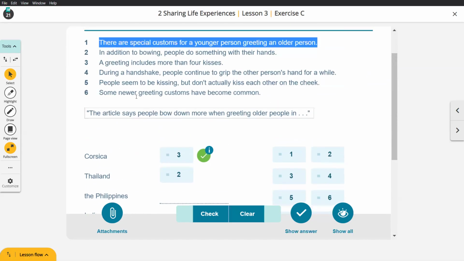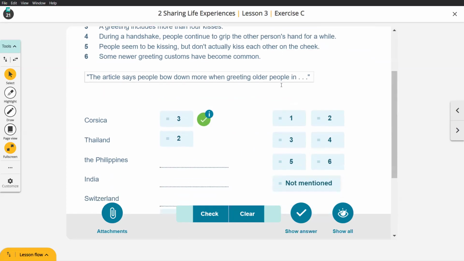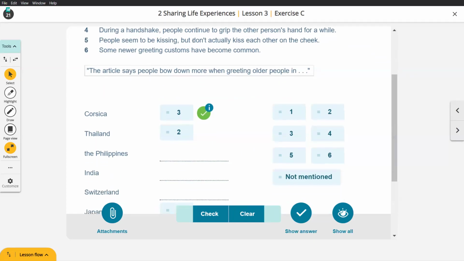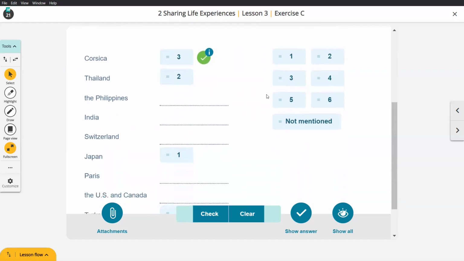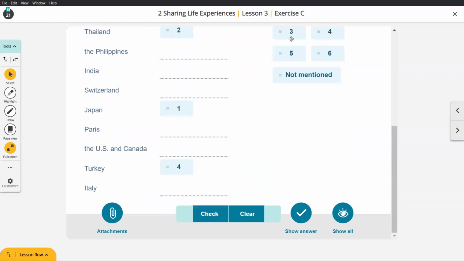Turkey. Number 5. People seem to be kissing, but don't actually kiss each other on the cheek. Which one? Number 5. Italy. Italy. So